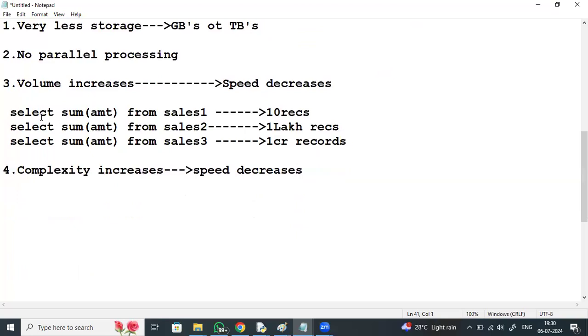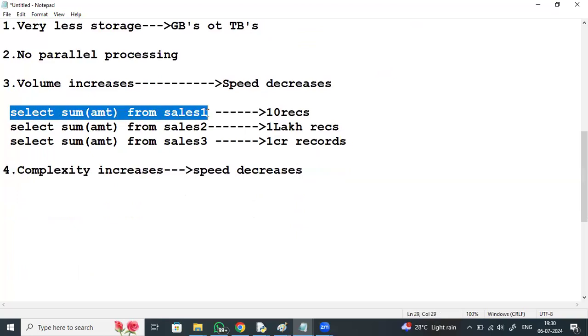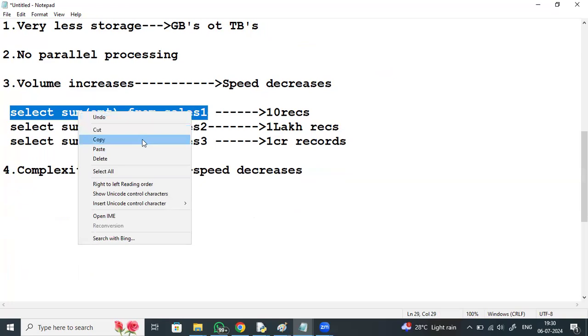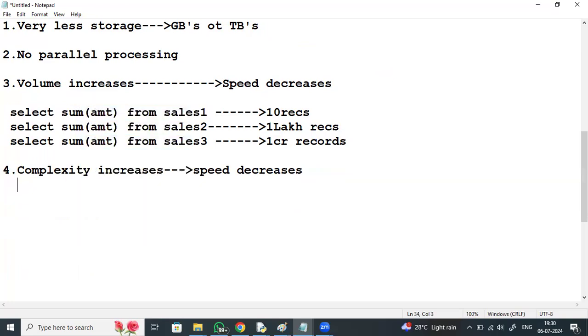For example, I'm taking this. Select total amount from sales 1, right? Select average amount from sales 1, same table.